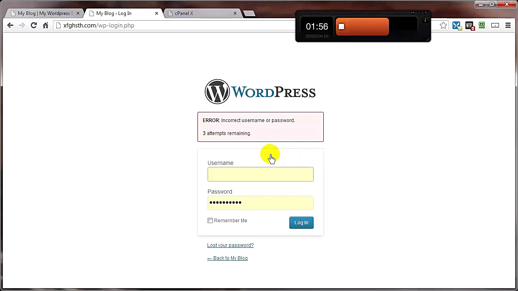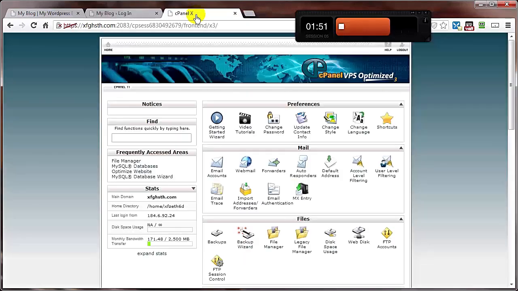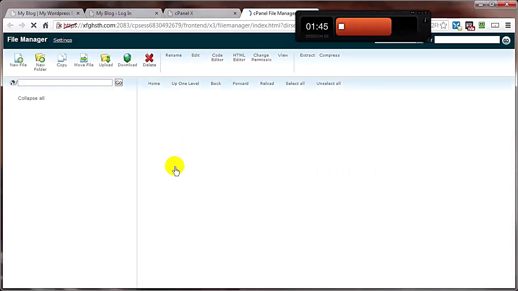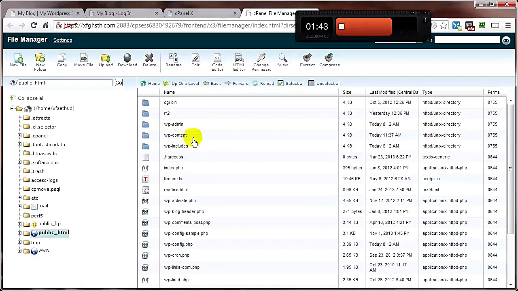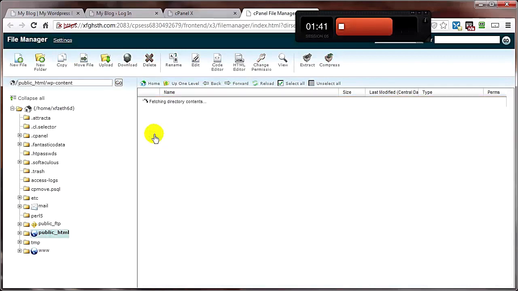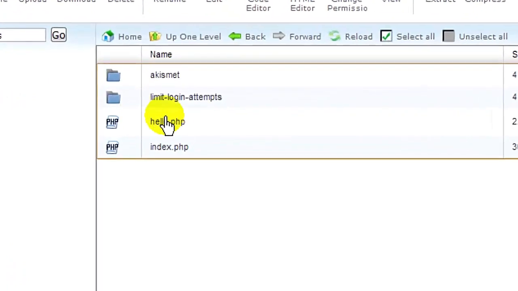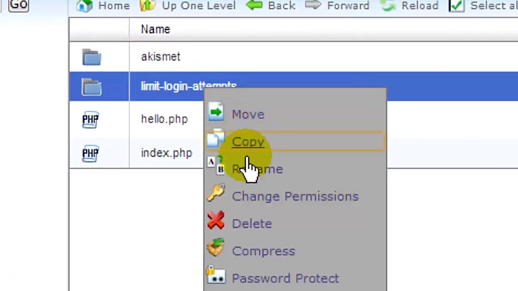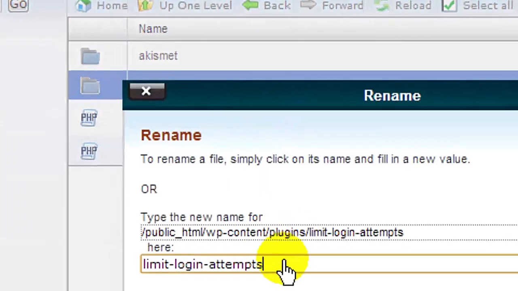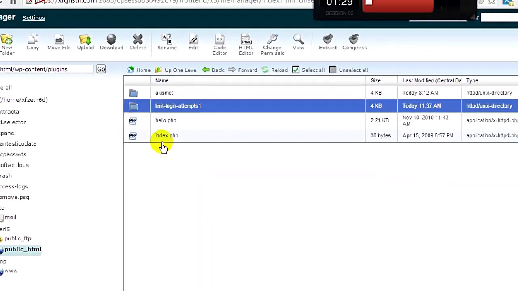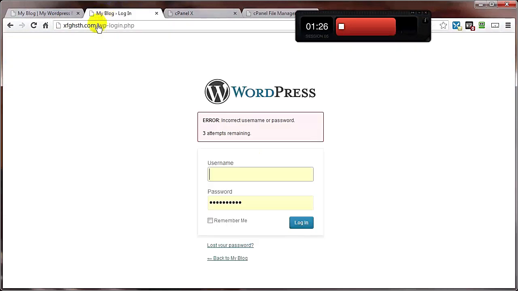So if you can't remember your administrator login credentials in 4 attempts, well, you probably ought to just give up altogether. But if you want to, you can go into your cPanel or FTP account and just disengage that plugin. Come on down to File Manager, look for that plugin and just rename it. That's in the wp-content directory. Open that up. In the plugins directory, open that up, and right here, just rename it. I just put a number after the end of it, like 1. Just basically change the name of it. And then come on back here, refresh,